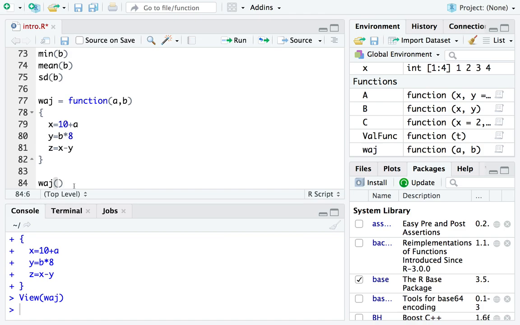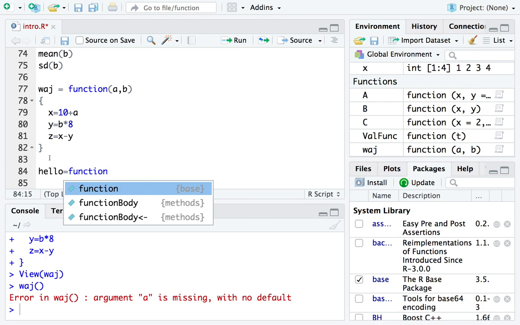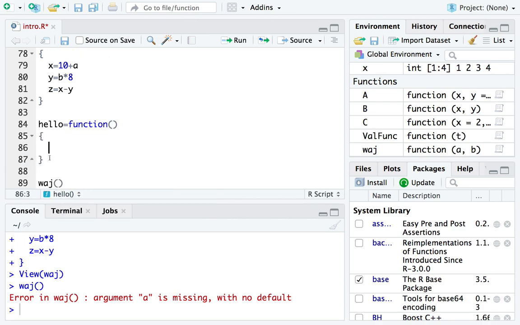Now if I do this, I get an error. Why? Because this function requires 2 parameters. Do you see that? This function requires 2 parameters. Had I written a function, I'm going to call this function hello, that had no parameters, and you just simply call it, and we'll call this